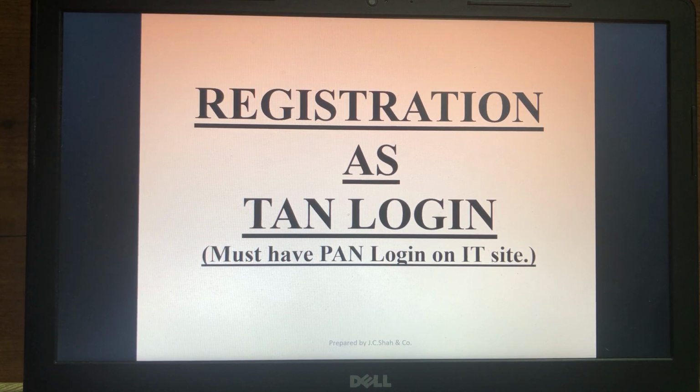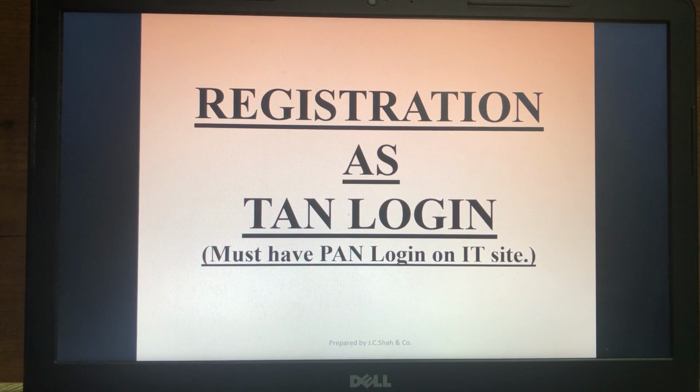Tax deducted at source is a topic which consists of a technical part as well as a practical part. You need to set a flow of how the actual mechanism of tax deducted at source works. I am preparing the videos in that flow only. So rather than jumping onto any practical aspects, one should go in the flow. The link for the previous tutorials is given under the description box.